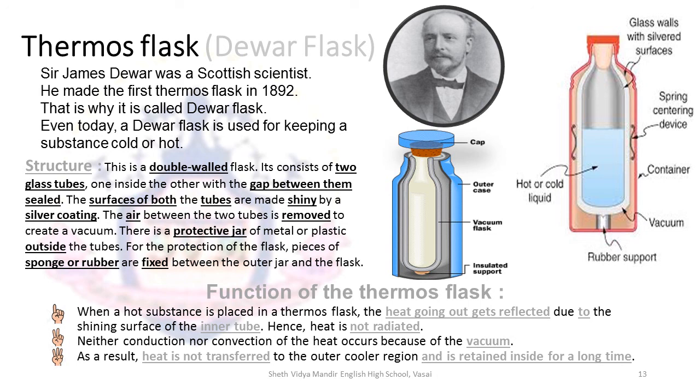Now what happens is, you must have noticed, normally if you heat a glass of milk, the substance is hot. You pour it in a glass, it's still hot. You leave it out for a while, heat transfer takes place and the hot glass of milk becomes lukewarm, then it becomes normal temperature and soon it starts cooling down. What the thermos flask does is, if the substance is hot and it's placed in the thermos flask, it will stay hot for a longer period of time.